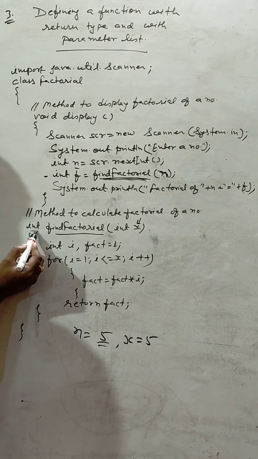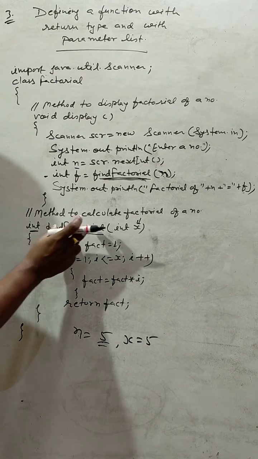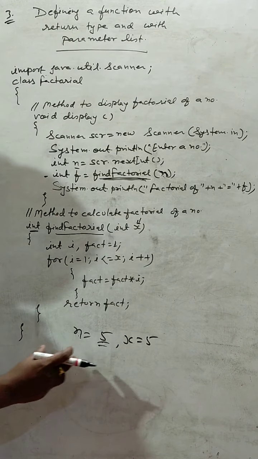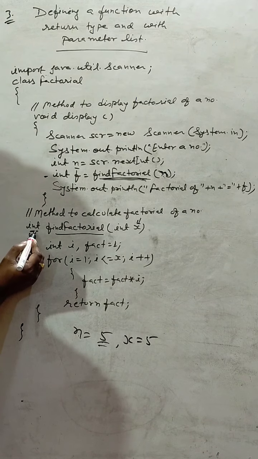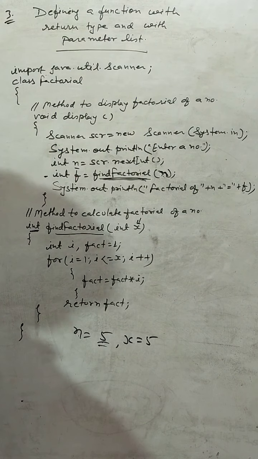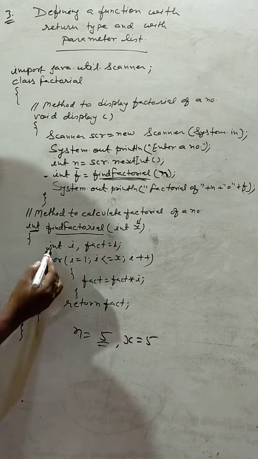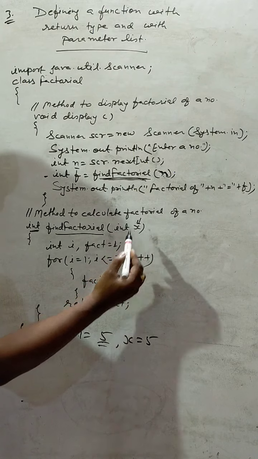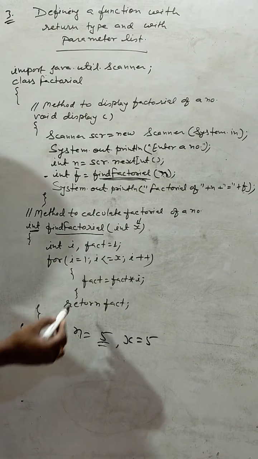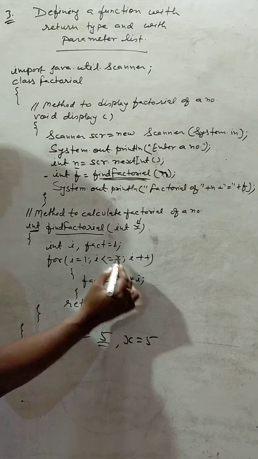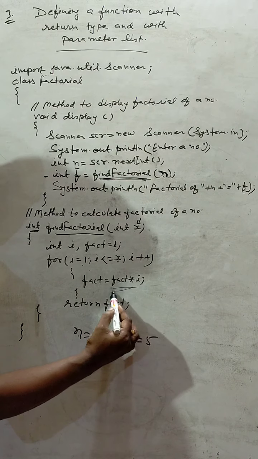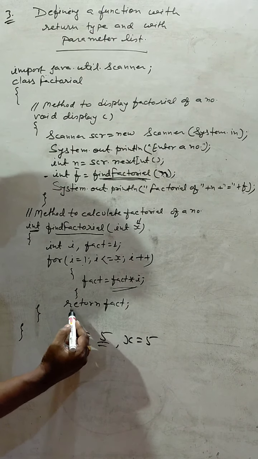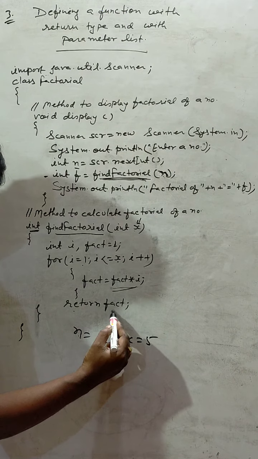See, here the return type of the function is integer. It means this function calculates an integer value. The result of this function is an integer value. That's why the return type of this function is defined as integer. In this function, what is happening? We are calculating the factorial of a number. That number is stored in x. Therefore, we are calculating the factorial of x. So we need to run a loop from 1 to x. We are calculating factorial in this way, and after calculating the factorial outside the loop, we return the variable fact.